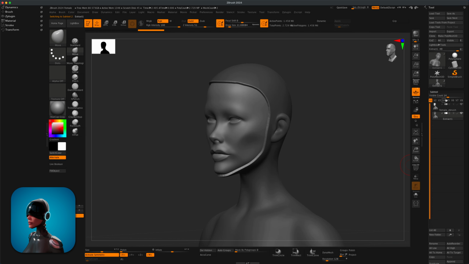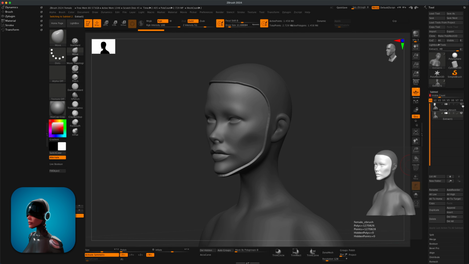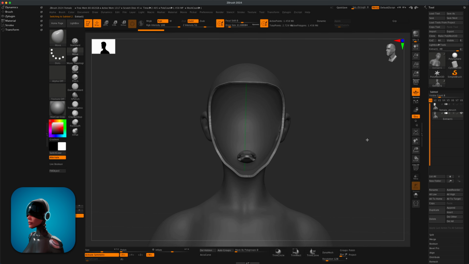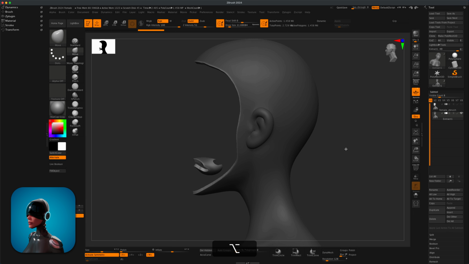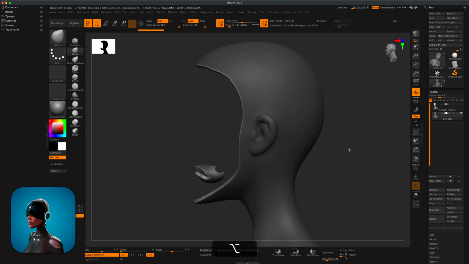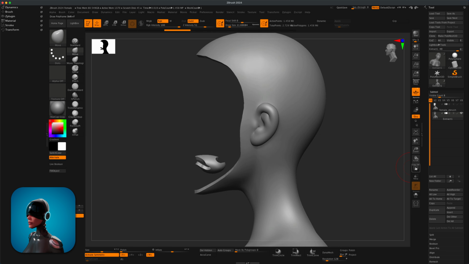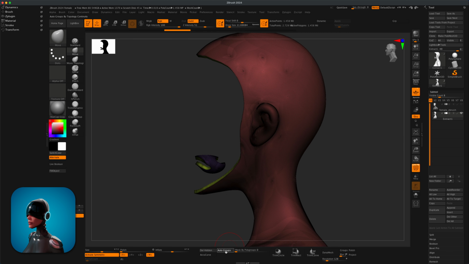Let's go ahead and come up here and let's take a look. So I'm gonna hide the base mesh and see what's going on here. So if there's any cleanup that's necessary, obviously we can quickly do that. So let's go in the side view. I'm gonna press Control and drag, and now if I turn on my poly frame, I can do auto group,